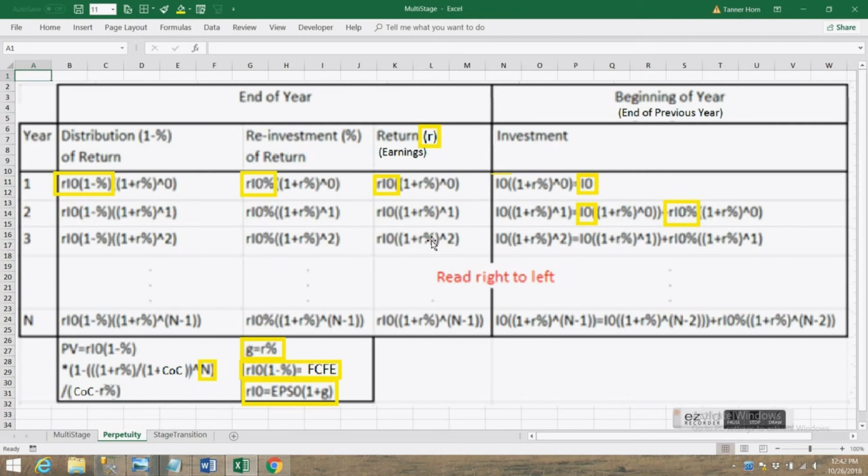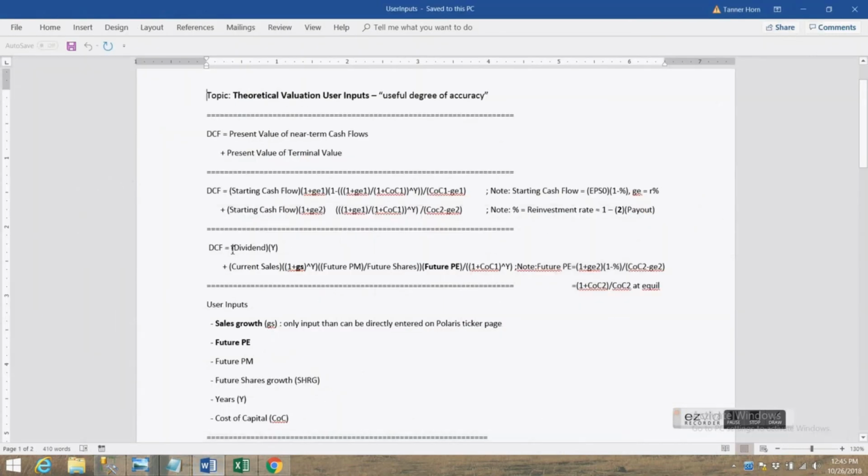Now that's an odd thing to conclude, because typically year over year the earnings grow by the growth from the previous year. But that is because of the assumption that we were making, that the last year of stage 1 has a return and reinvestment rate that is the same as stage 2. Well, now that we understand how earnings from the last year of the previous stage 1 relates to the earnings in the first year of stage 2, let's look at the valuation